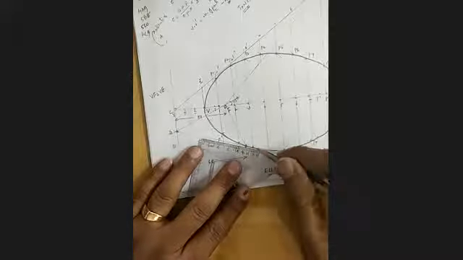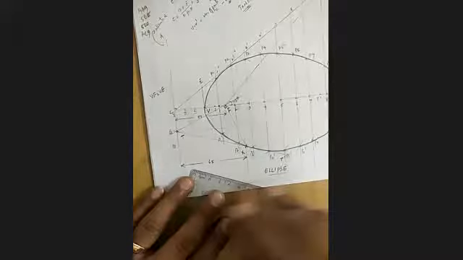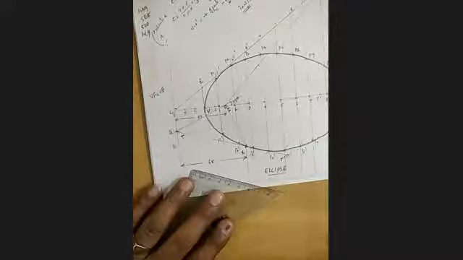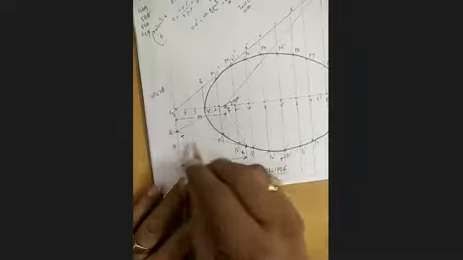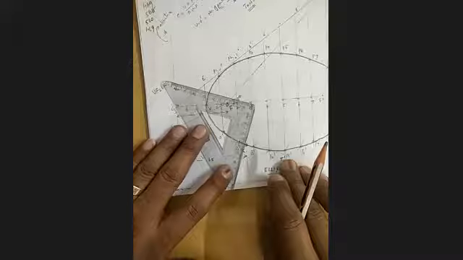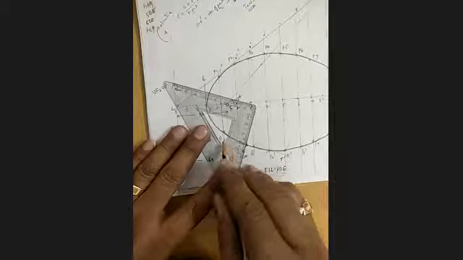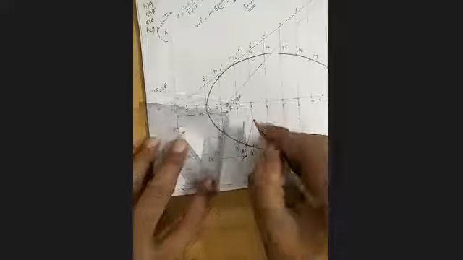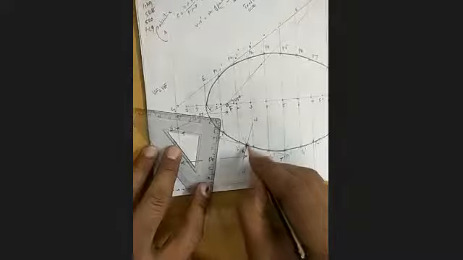That line is called the tangent. What is the relation between tangent and normal? Perpendicular, perpendicular to each other. So now I got the tangent. Keep the same line from X. This is parallel, then it is perpendicular. This is called the normal. The relation between tangent and normal is 90 degrees. This you have to draw compulsorily.